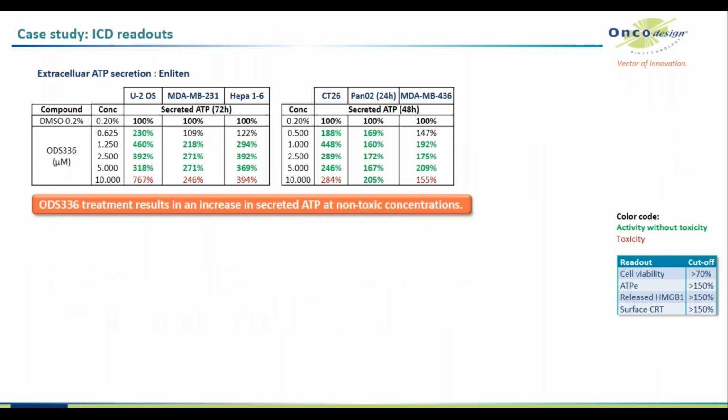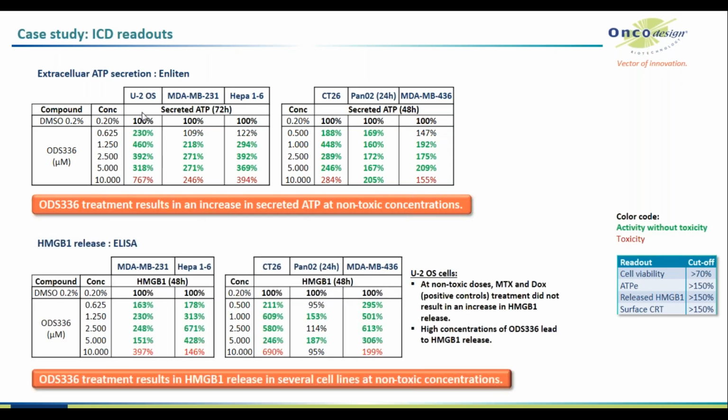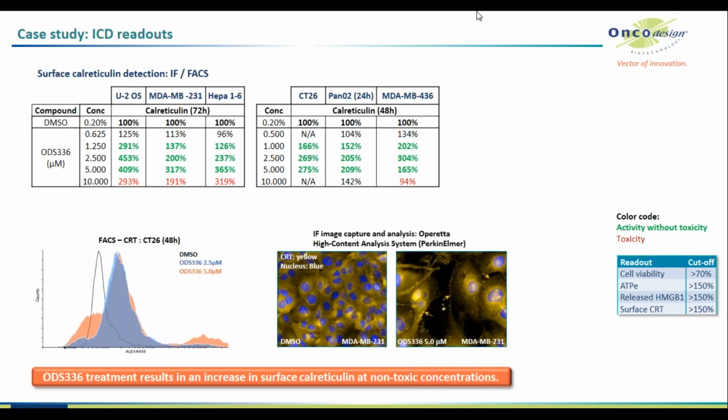So quickly, to show you what the data looks like for the ICD screen, for ODS 336 you can see here 3 different cell lines in the first graph, and the other 3 cell lines in the second, at different time points, leads to secretion of ATP. HMGB1 is released at 48 hours from 5 of the 6 different cell lines. Calreticulin is detected either by immunofluorescence or FACS, depending on the cell line, at different time points at the membrane over here. And each time we have an increase of over 150% over DMSO, we consider that as positive, highlighted here in green. So we are very happy to find a kinase inhibitor